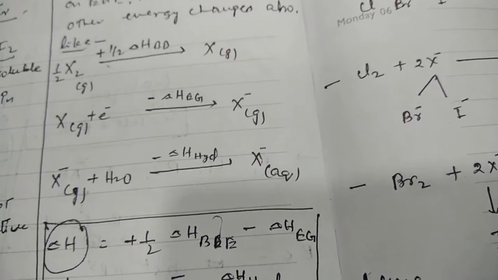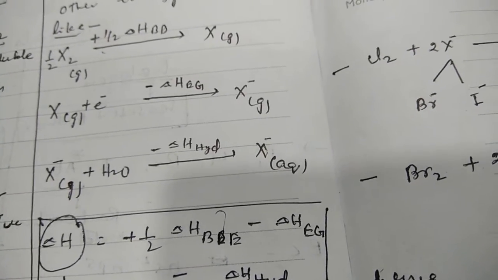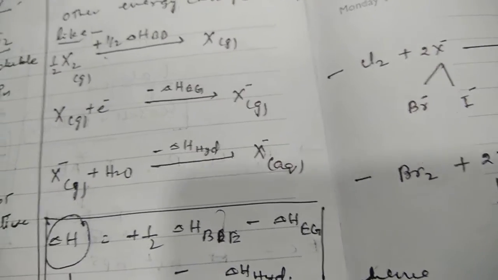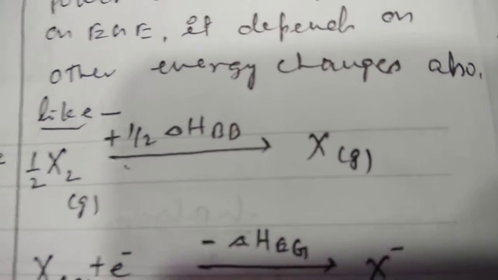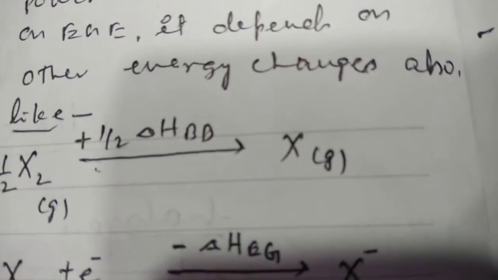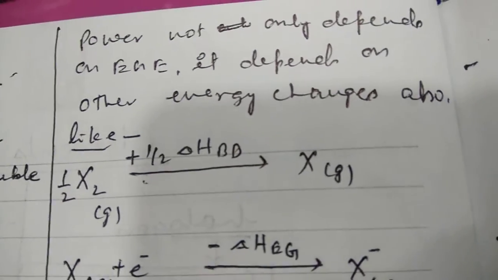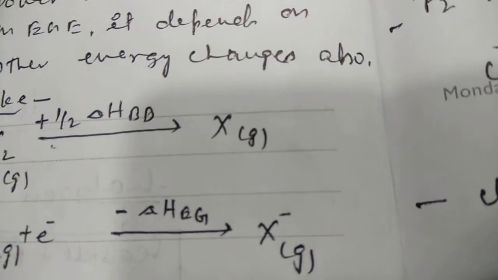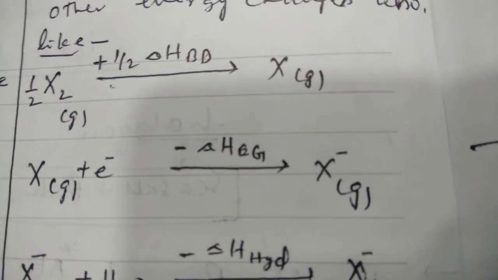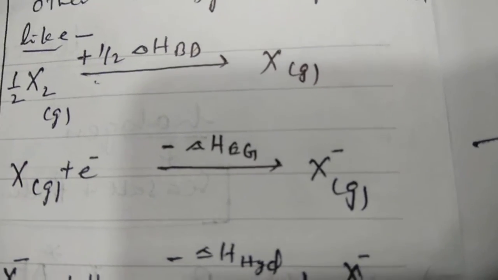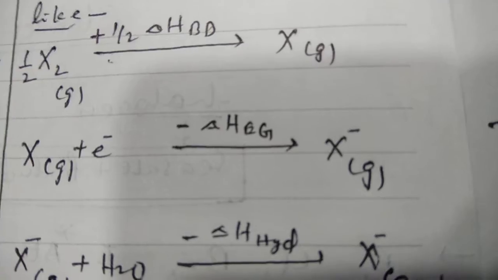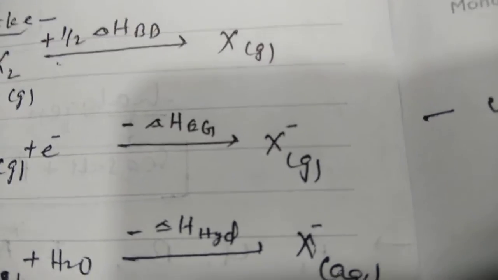First, for converting themselves into negative ion, they have to dissociate themselves. The bond needs to be dissociated. So the very first enthalpy, bond dissociation enthalpy, is required. It's positive, endothermic. Since we have taken half molecule, half bond dissociation enthalpy is required. After giving this energy, now our halogen is in atomic state, X is the halogen. Now this atomic halogen in gaseous state will gain an electron. This is the electron gain enthalpy, the energy released, so it's negative. By the effect of this energy, the halogen converts into negative halide ion.